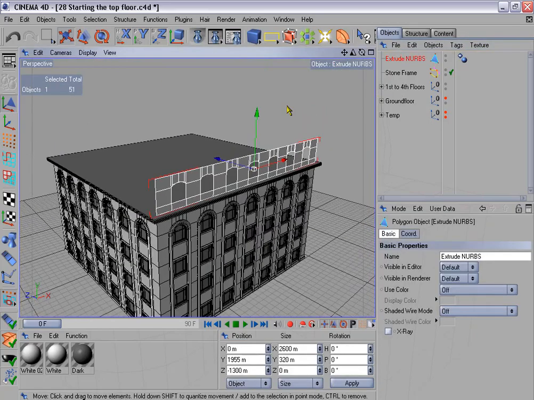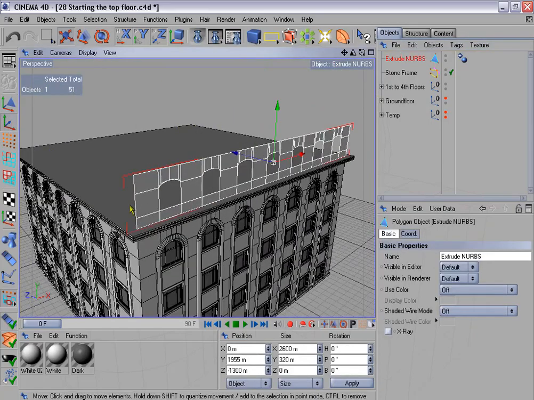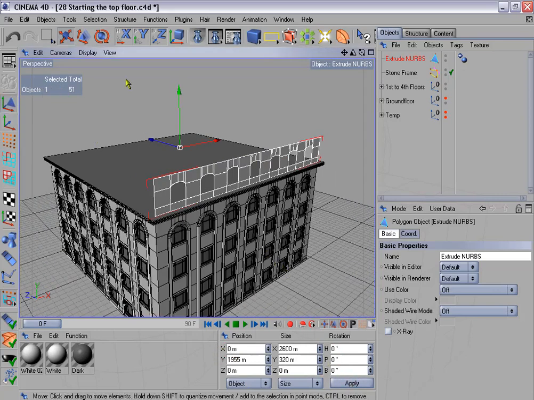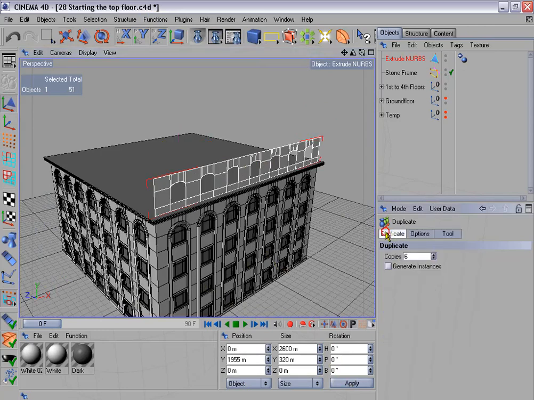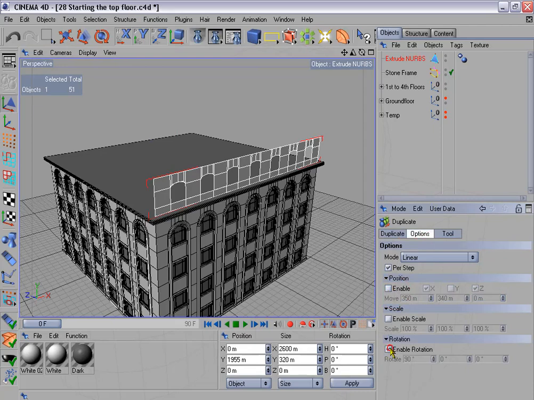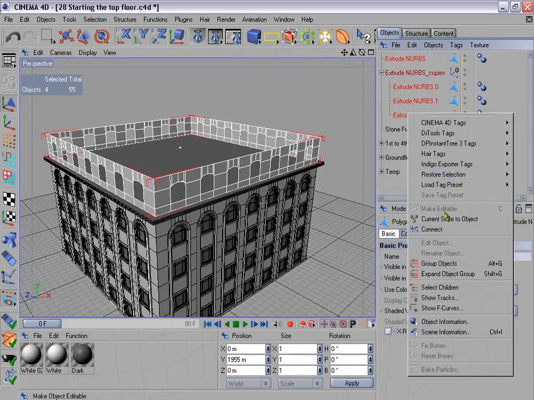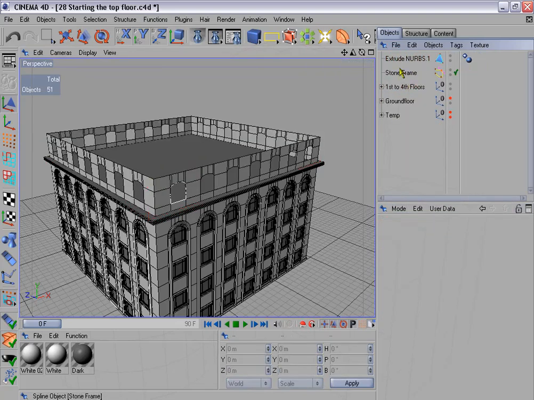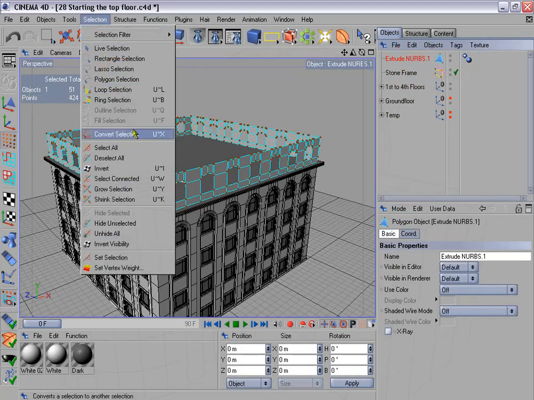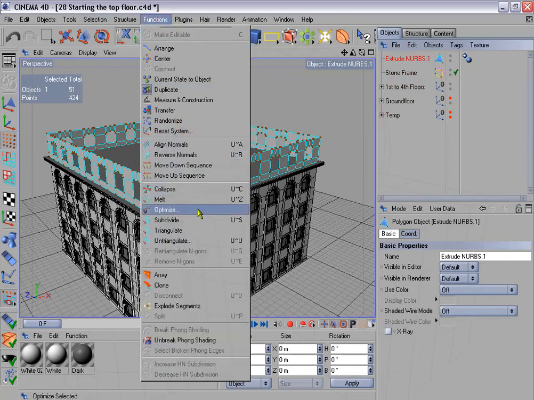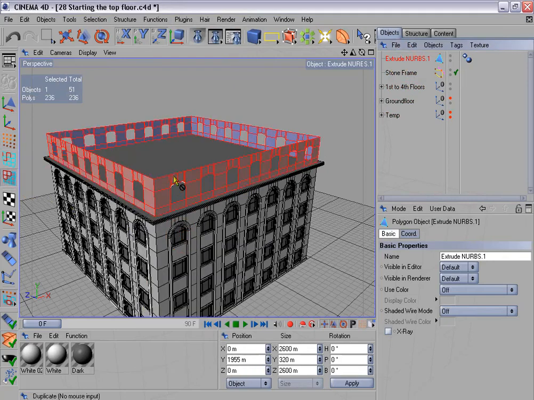Next I want to duplicate this wall, but first of all let's activate the Object Axis tool and reset the axis to 0 on the z-axis, and it also has to be 0 on the x-axis. Go back to the model tool and duplicate this wall. We need 3 copies, and enable rotation this time. Apply these settings and connect these 4 walls. Delete these objects, select this new one, go to the point mode, make sure that everything's deselected and optimize the object. Then go to the polygon mode